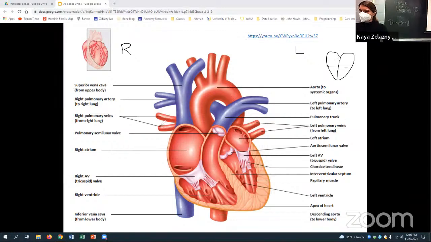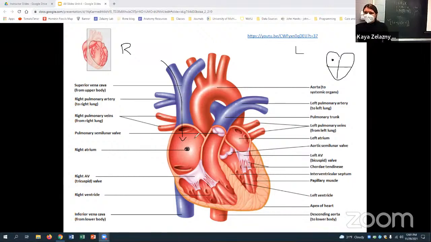Starting with the right atrium, that would be here in this picture. This is where we have blood coming in from the body that has had all the oxygen used up, right? So our deoxygenated blood is coming in from our veins into this right atrium and pooling there. Here we can see those veins. Our superior and inferior vena cava have blood pooling into the right atrium. I removed that second arrow just so we can have one smooth directional arrow, but it is coming from both the upper body and lower